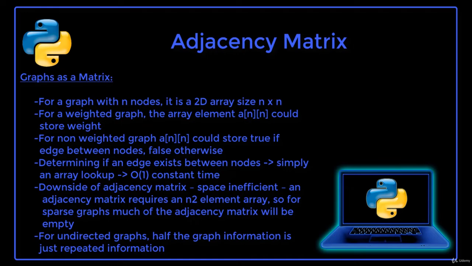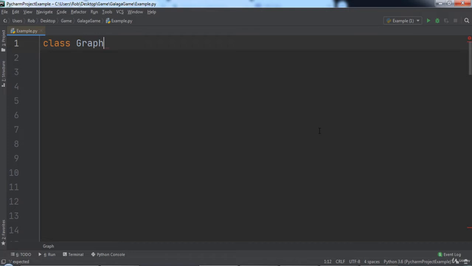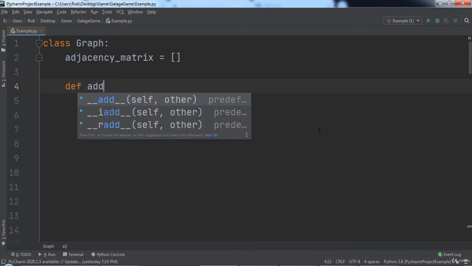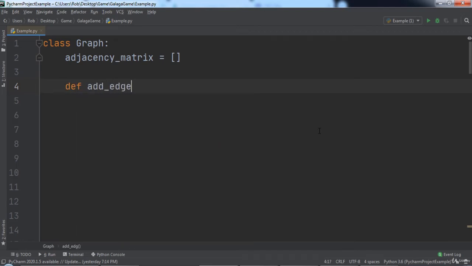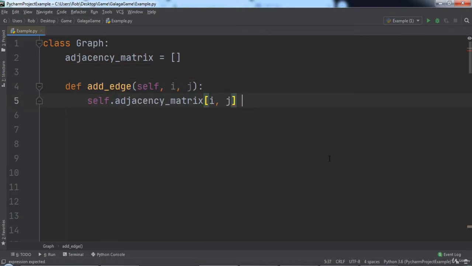In this approach, a multi-dimensional array will store Boolean values, with true meaning that an edge exists between two nodes, and false signifying that an edge does not exist between those two nodes. We will create a class named graph, inside of which will go an adjacency matrix variable, set equal to an empty list. Our graph class is going to have an addEdge function that takes in three parameters: self, i, and j. Inside of this function, we will set adjacency matrix at i, j to true, and adjacency matrix at j,